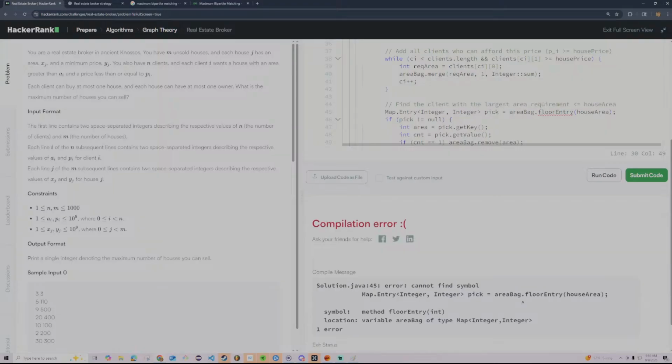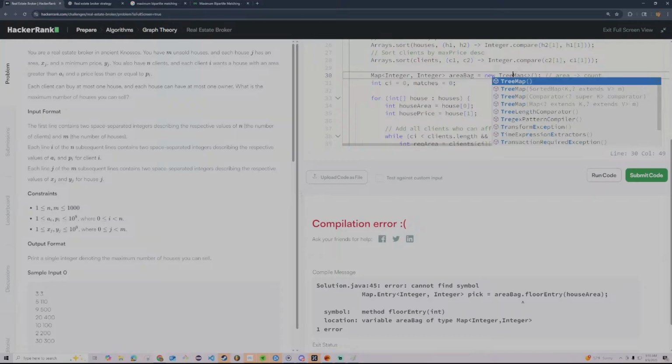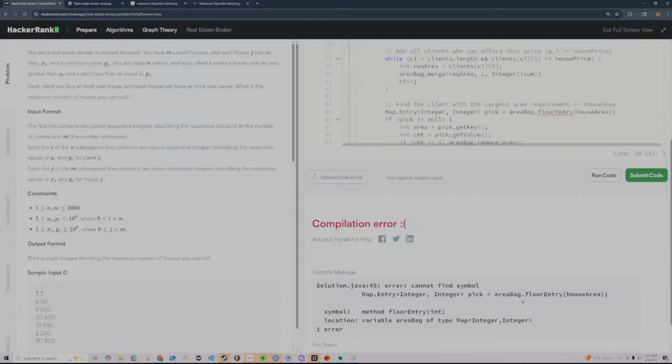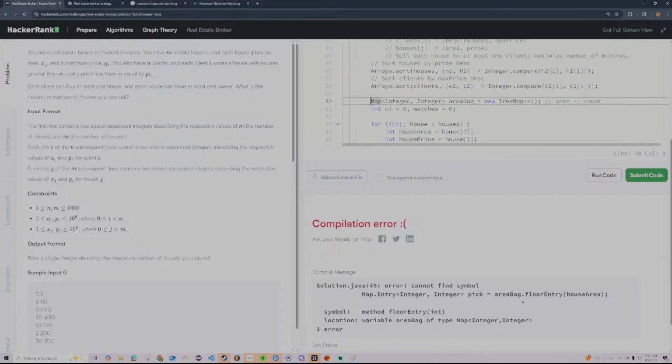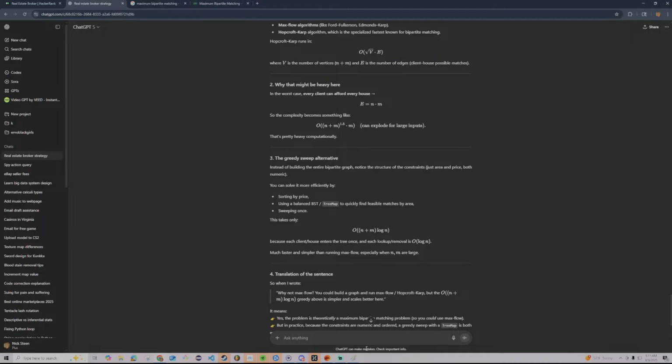Oh, hash map doesn't have floorEntry. Only TreeMap has floorEntry. Only TreeMap has floorEntry. So why doesn't